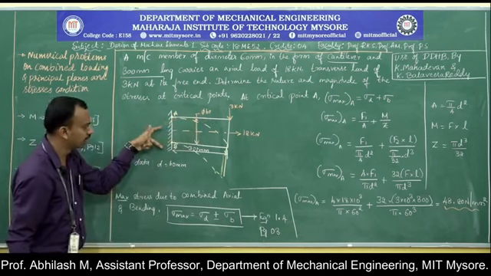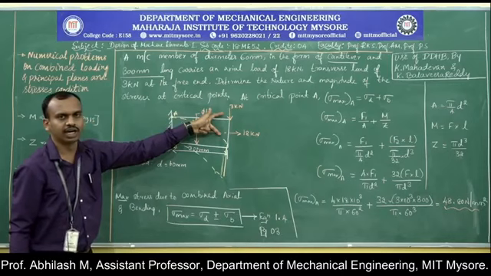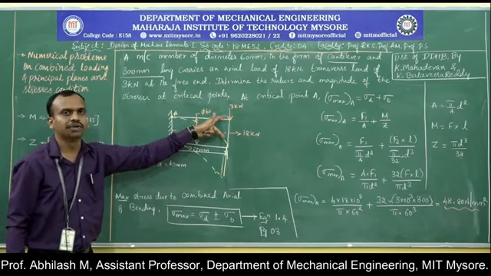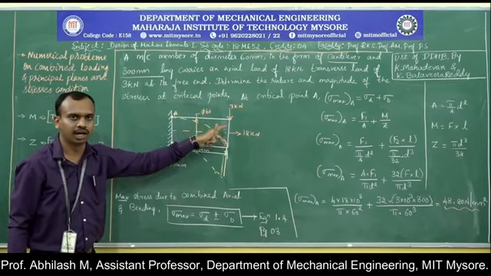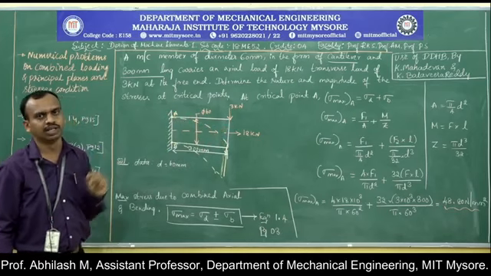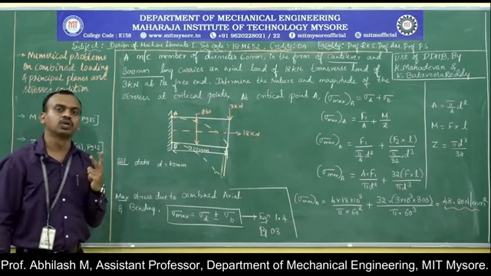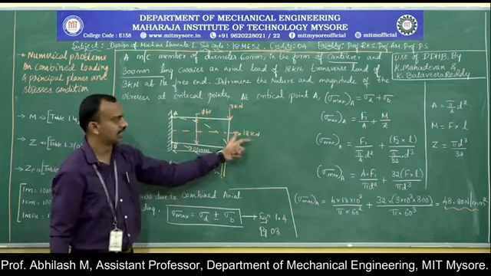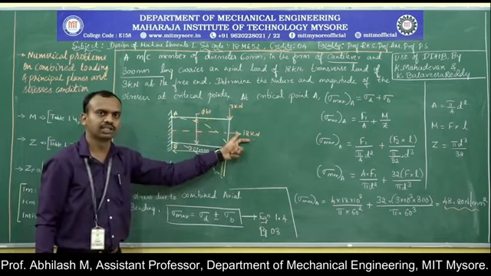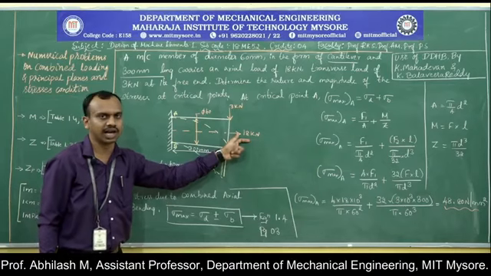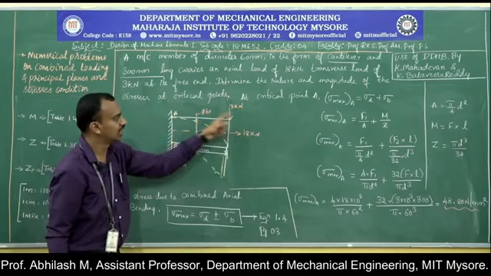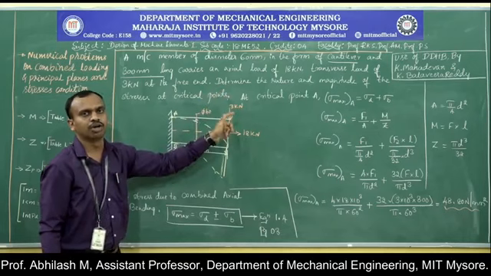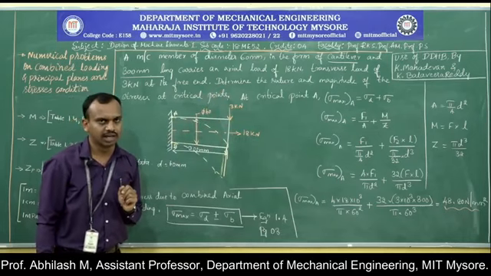The machine member is subjected to two types of loading condition. So we can recall it will be called a combined loading condition and the stress developed will be the combined stress. Then what are the two stresses that are developed because of these two loads? One along the axis, the axial load. So the stress developed will be the axial stress or the direct stress, and the other one is the transverse load or the bending load because of which the bending stress is developed.